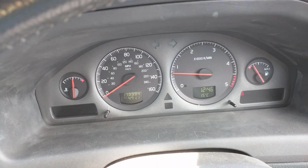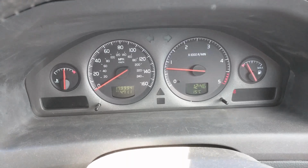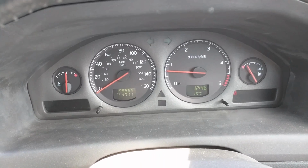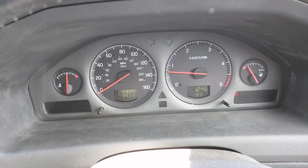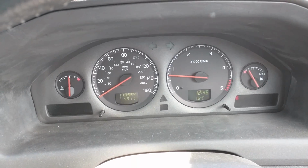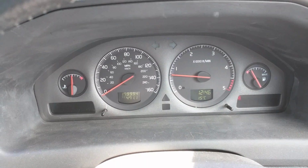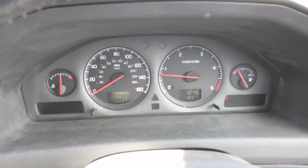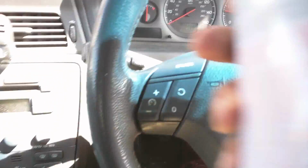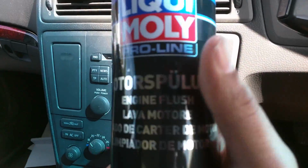Okay, today's the day for my annual oil change. The intervals on this are every 12,000 miles or 1 year. This is a 2002 Volvo S60 D5. As you can see, I'm coming up to 180,000 miles, just a few miles off that. I've got the engine up to full operating temperature, and I'm going to be giving